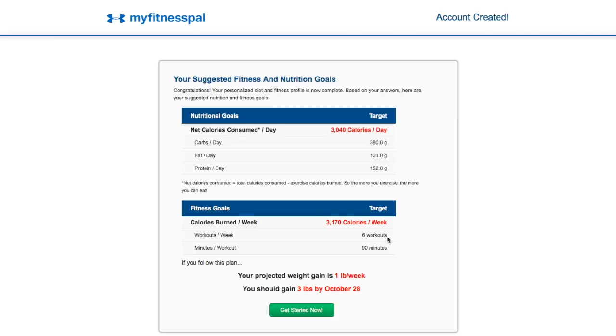So it says for me at the top that I need to have 3,040 calories a day, 380 grams of carbs, 101 grams of fat and 152 grams of protein a day in order to achieve my goal of gaining 0.5 of a pound per week, whilst training 6 days a week, doing 90-minute workouts, as well as having an